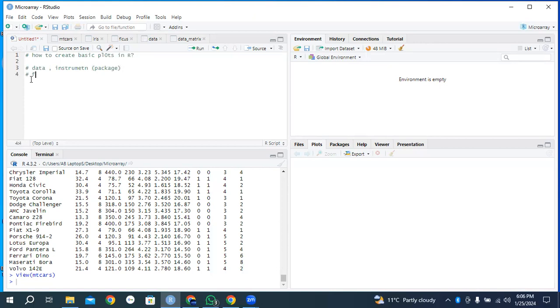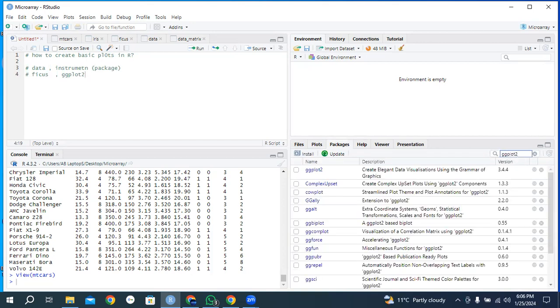So we have data named ficus and the instrument or package name ggplot2. In our previous class, we already installed package ggplot2. Now, in our RStudio lab, if you search on packages, click on screen number 4. This is your screen number 4. Click on packages and search within the search bar